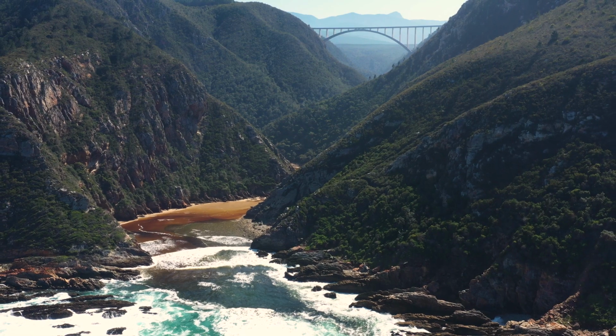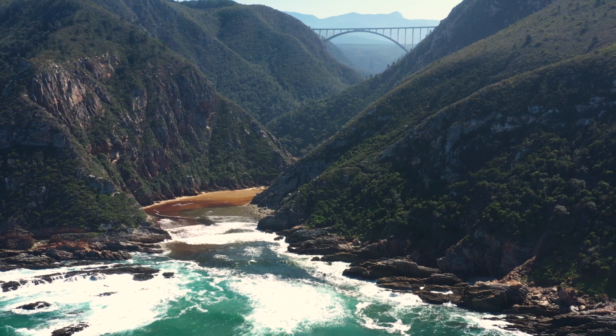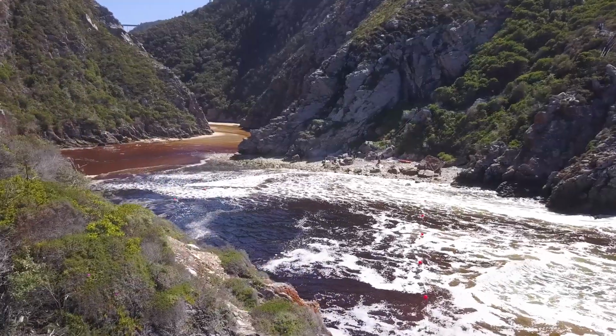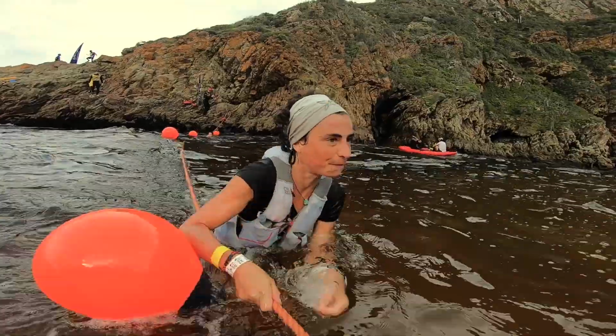The Bayport Otterly Mad competition takes place at the most Otterly Mad part of the actual Otter Trail, which is the entrance to the BLOUKRANS River. So when you see the Bayport branding, as you enter the river, we want you to do something special that will catch the attention of the cameraman on the other side of the river, and you must look at him